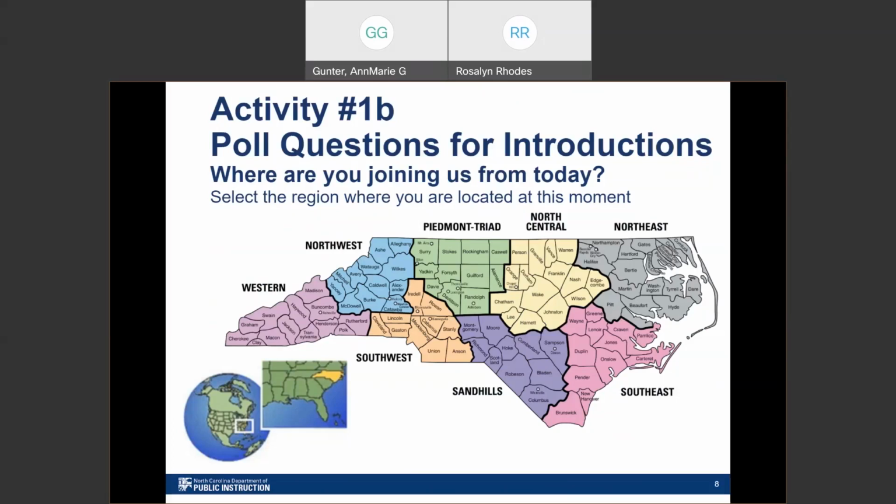These regions, by the way, these 8 regions that you see are part of the economic prosperity zones, divisions within the state, as well as the regions that are represented on our State Board of Education. State Board of Education meetings are actually going on today and tomorrow, and there's a representative from each of the regions you see on the screen. We also know we may have people joining us from outside of North Carolina or even outside of the U.S., because you never know where someone might be located.